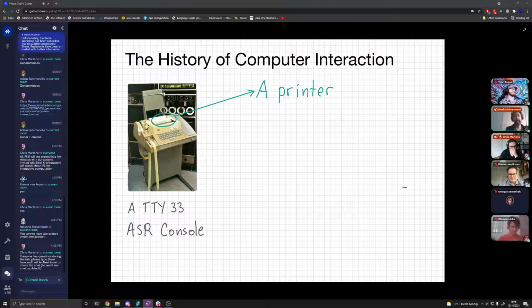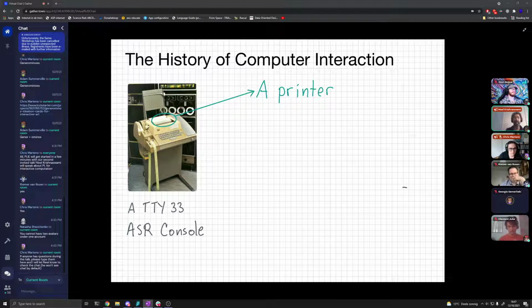And this was the first machine that let people interact with computers. So prior to the invention of the teletype, the way that you interacted with a computer, like ENIAC or something, is you rewired the computer to give it its input, and then you ran it for a while, hoping that no vacuum tubes would blow up while it's running. And then at the end, you would go and look at all the voltages and write them down on a piece of paper, and then figure out what the output of the computer had actually been.